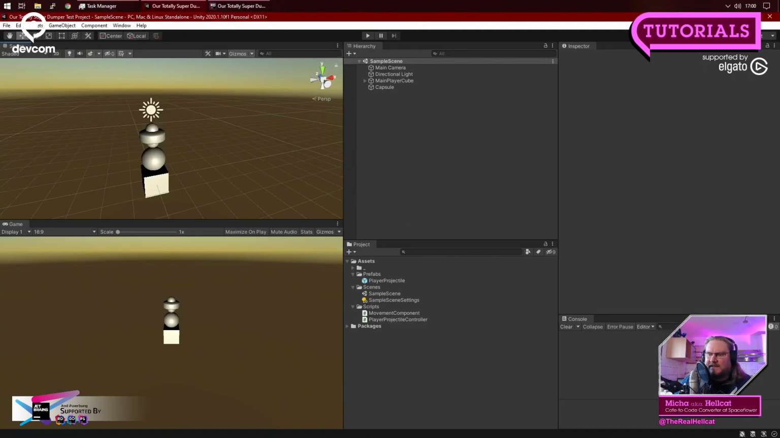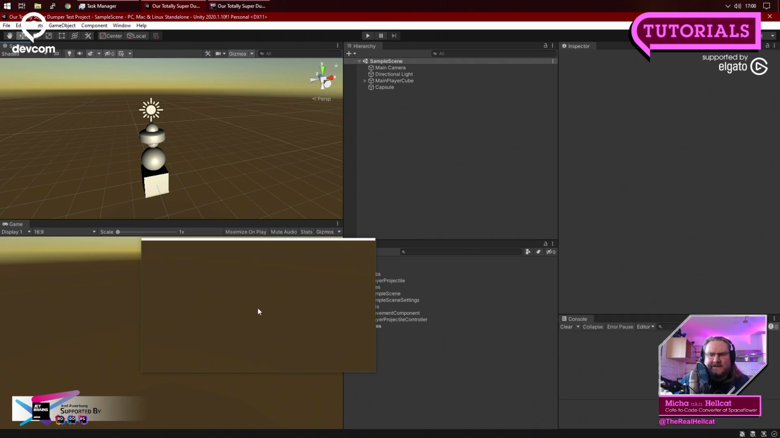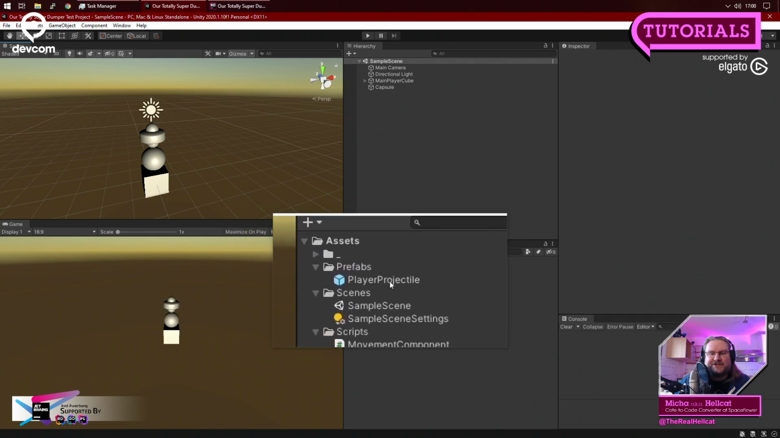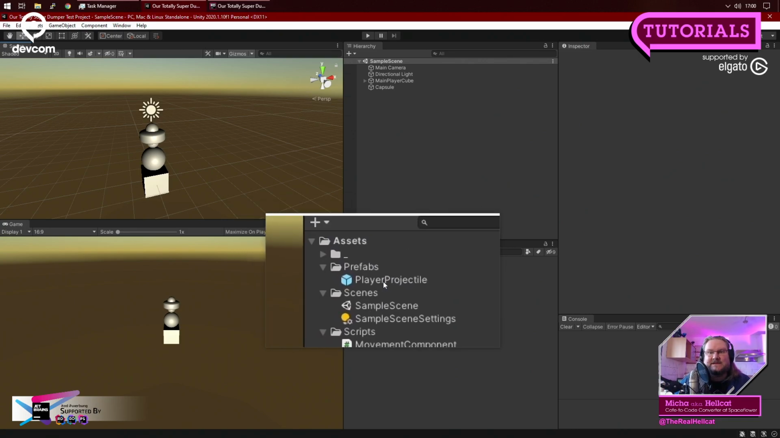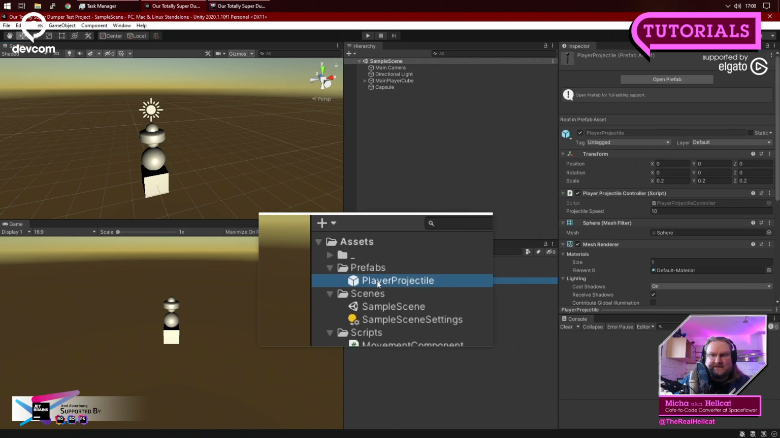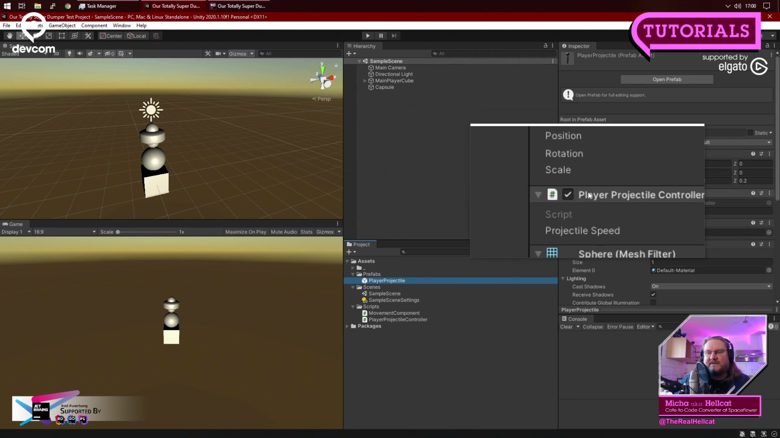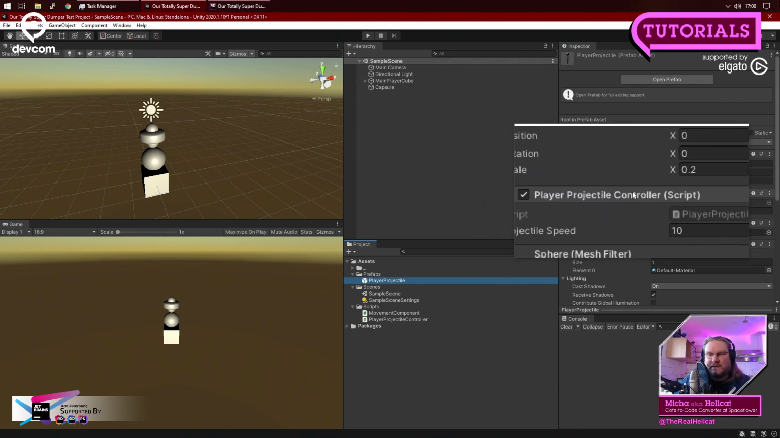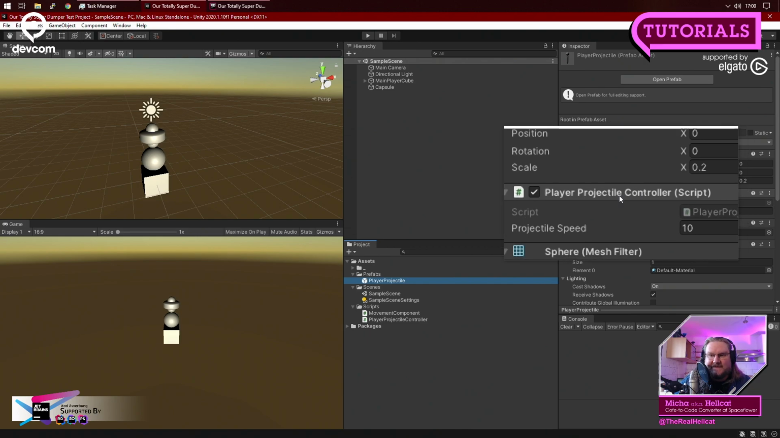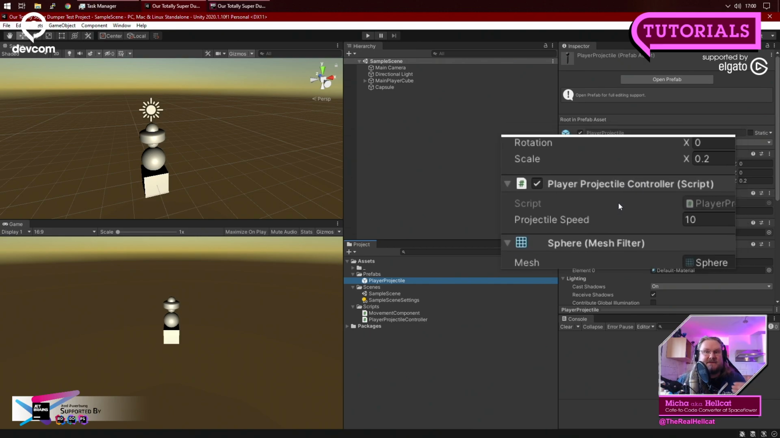Remember, we have, oh wait, let me fetch the old magnifier. We have our player projectile prefab here, our prefabricated game object hierarchy with everything on it. And if I select this now, you can see we've put our player projectile controller script on top of it that also handles the movement, because you've seen when we spawn our